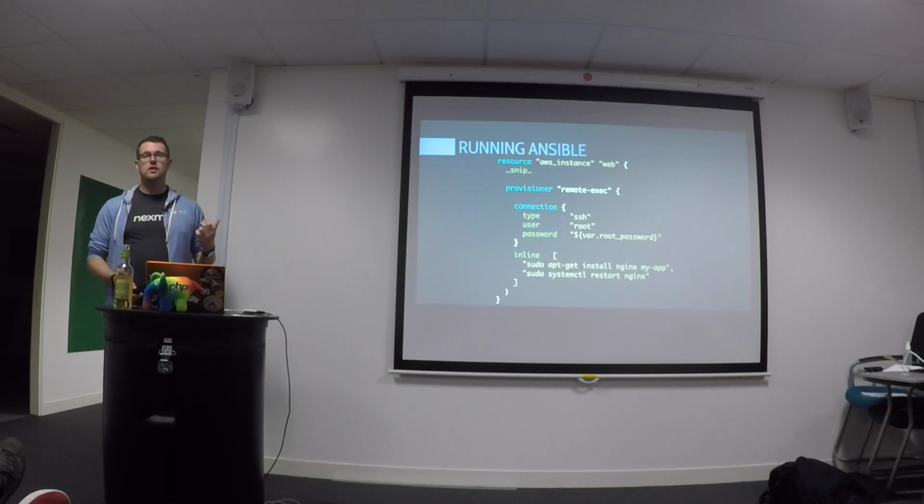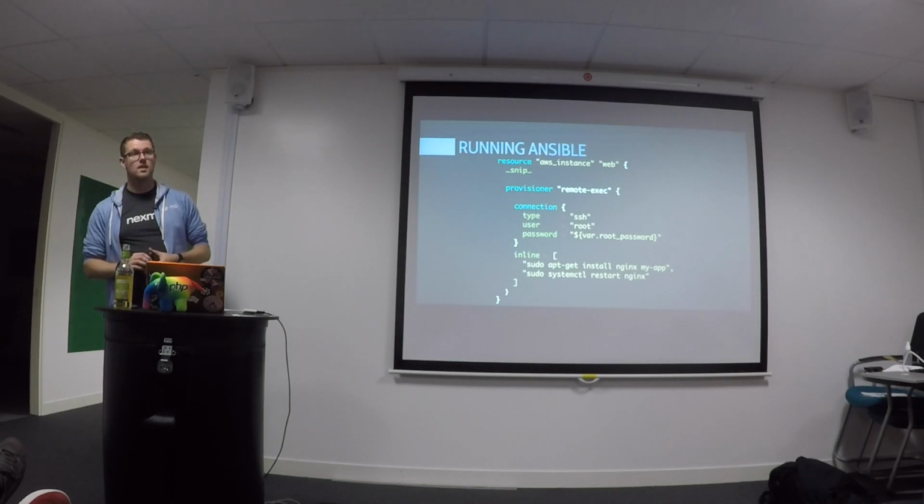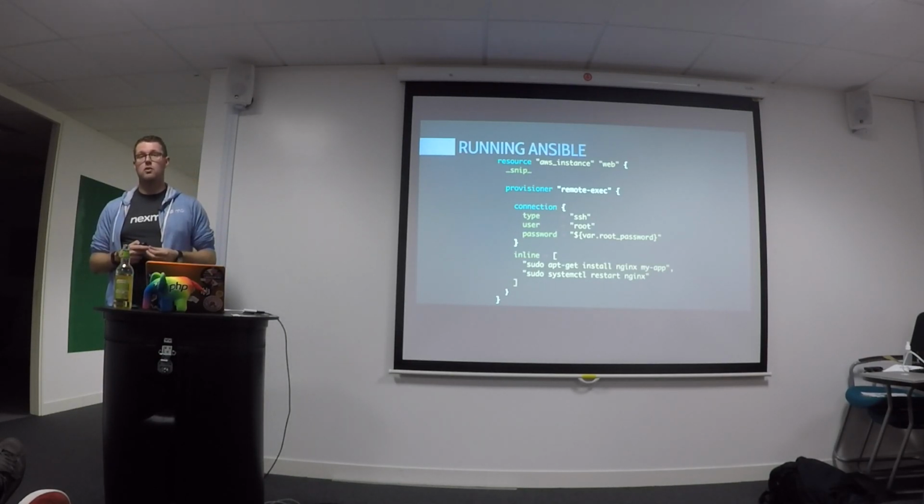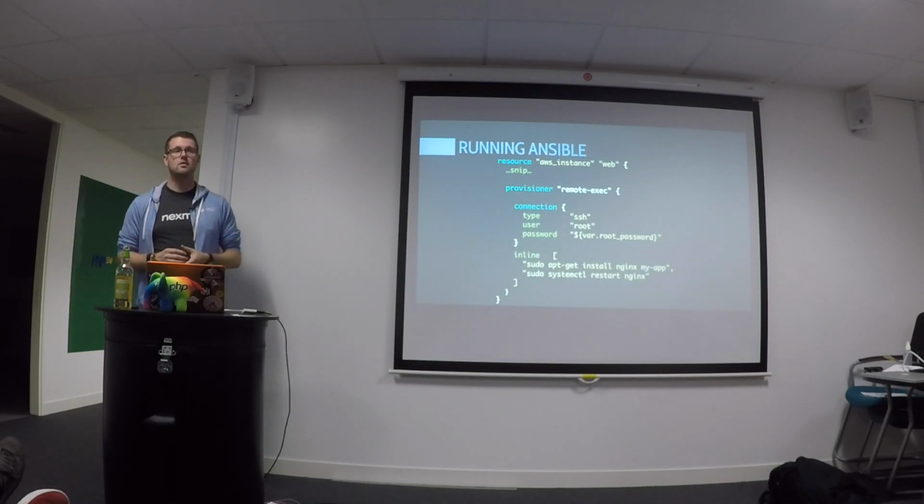There is a third one that I haven't put in here because it wouldn't fit on the slide, and that's the Chef one. The OpsWorks guys, they're called Chef now though. I think they've renamed. The Chef team use Terraform quite a lot. They're quite involved. And there is a Chef provisioner, and that will automatically register a node with your Chef client, bootstrap it, all kinds of things. So there is the capability to do the deep integrations, but it's not there for a lot of them. If you want to write a plugin for Puppet or Ansible or Salt, whatever you want, do it, contribute it. I'm sure they'd love to have it. But until then, we can just